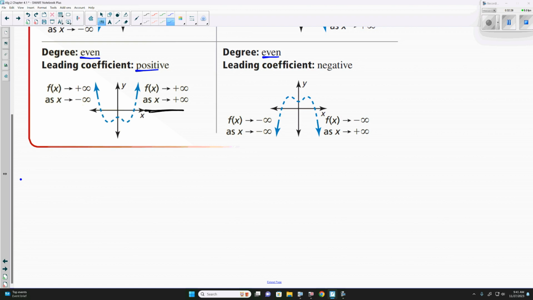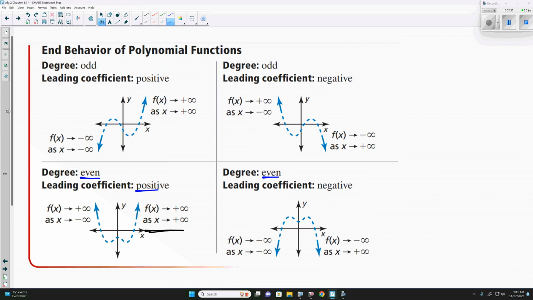Yeah, we will get some examples here. Now, if the degree is odd, they're going to go in opposite directions every single time. So x cubed, x to the fifth. One's going to be going up, one's going to be going down. If the degree is odd and the leading coefficient is positive,